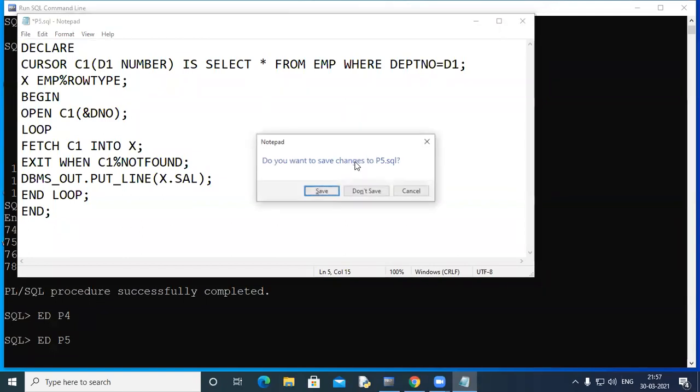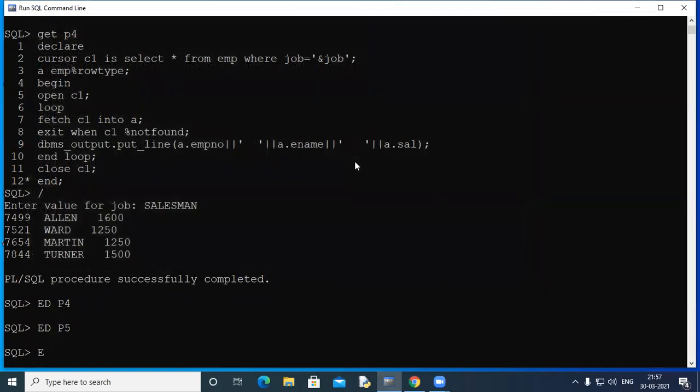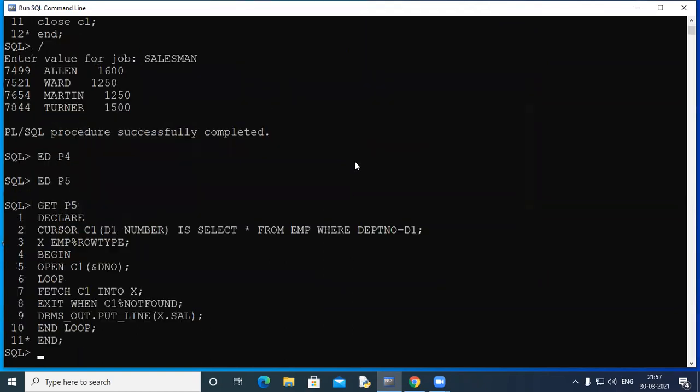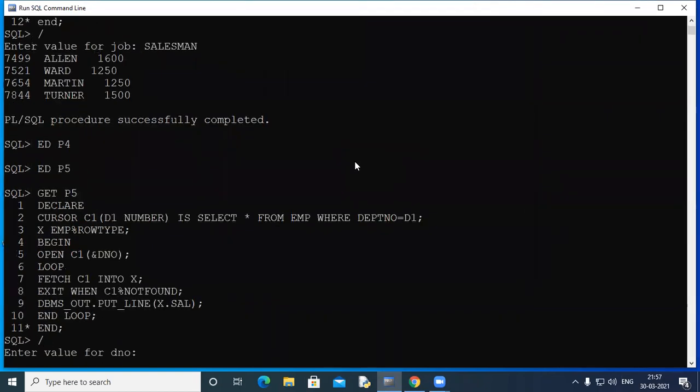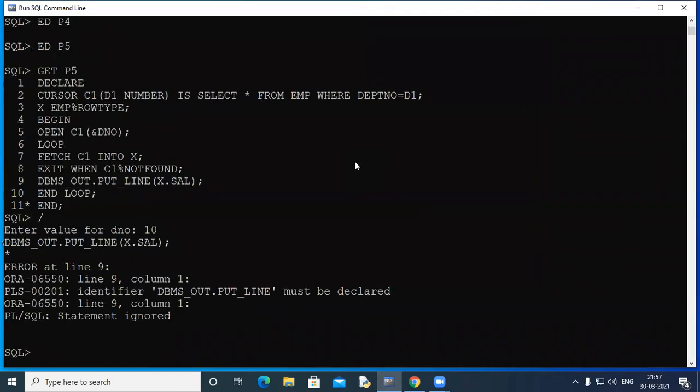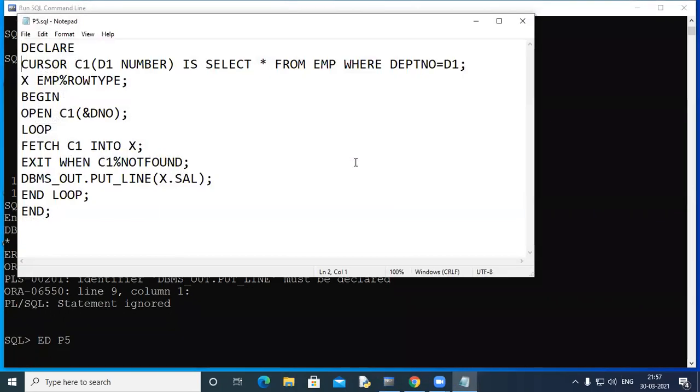So let's see how it runs, whether it runs or if we have some problems. So department number 10. There's some problem. We are not writing that correctly. Here is the problem.